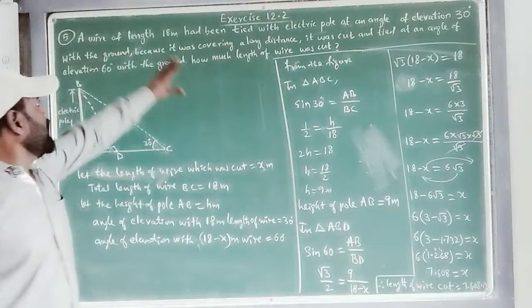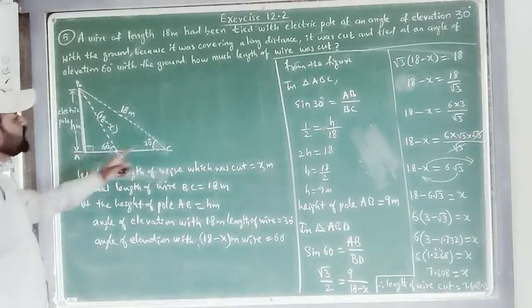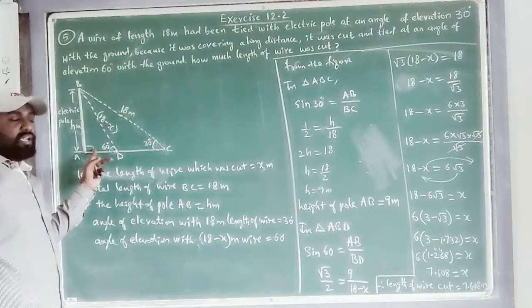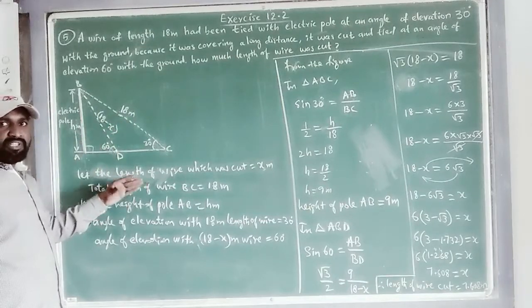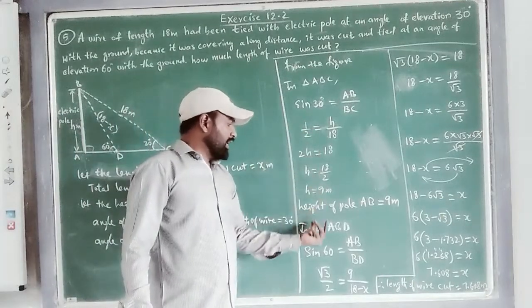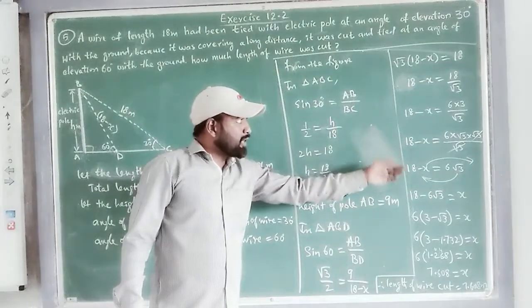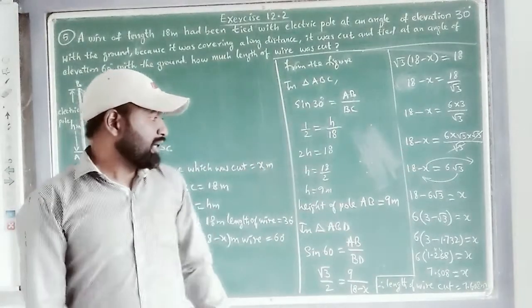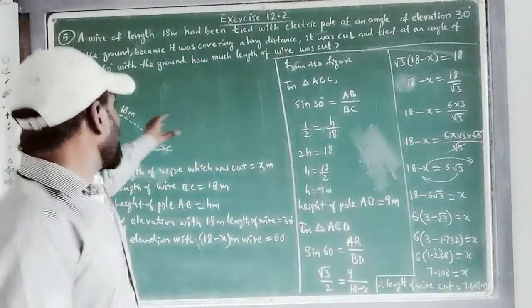Very simple. Read the question properly. According to the question, draw the figure, a right angle triangle. Then assign the values at the correct position utilizing the trigonometric ratio which is suitable. Assigning the values and substituting the correct values in the complete solution, if you go with proper simplification, you will get the correct answer. 7.608 meters, which is the length of wire which was cut.